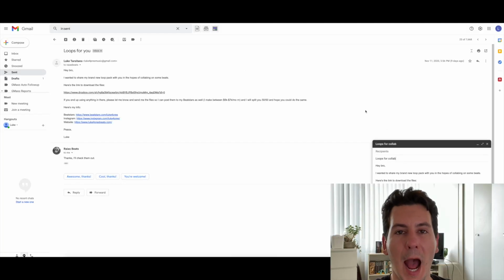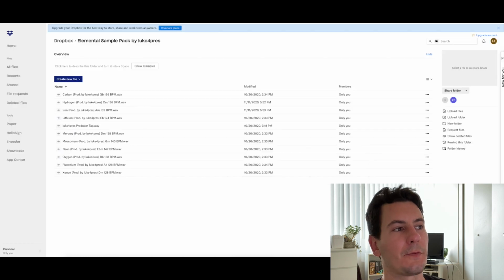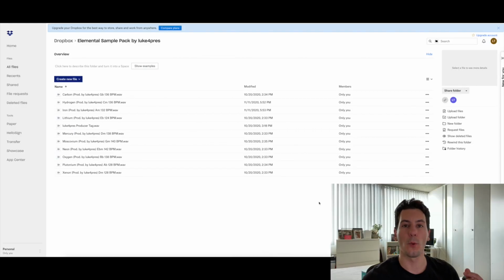Two things I highly, highly, highly recommend that you include in your Dropbox folder with your loops is number 1, your producer tag, because obviously if the producer is uploading a beat with your loop, you're gonna want that watermark on there, you're gonna want that credit. So include your producer tag, and also consider including a text file in your folder with your exact terms for